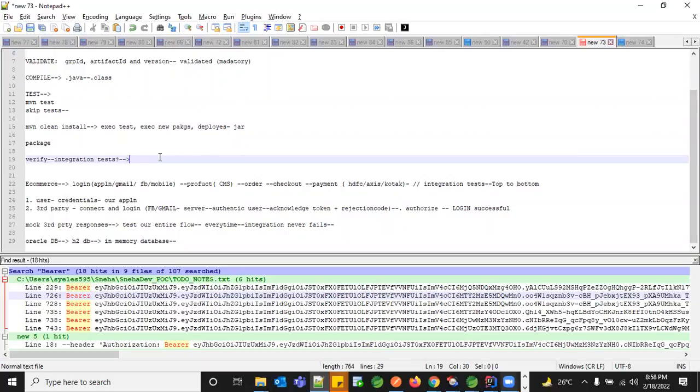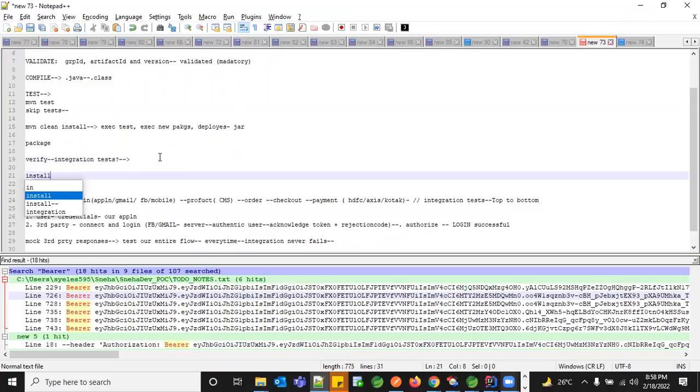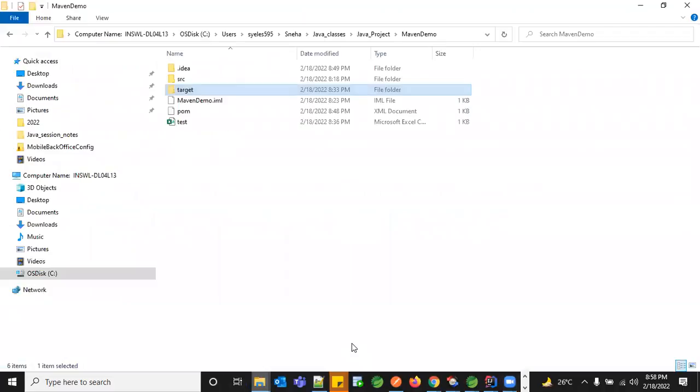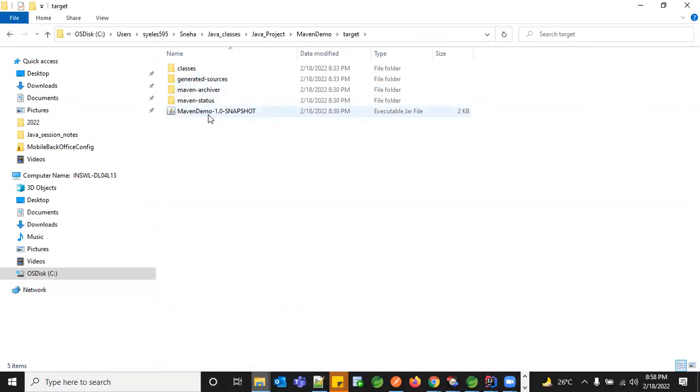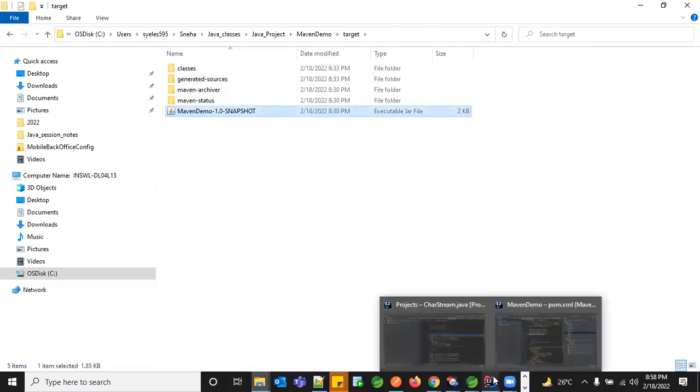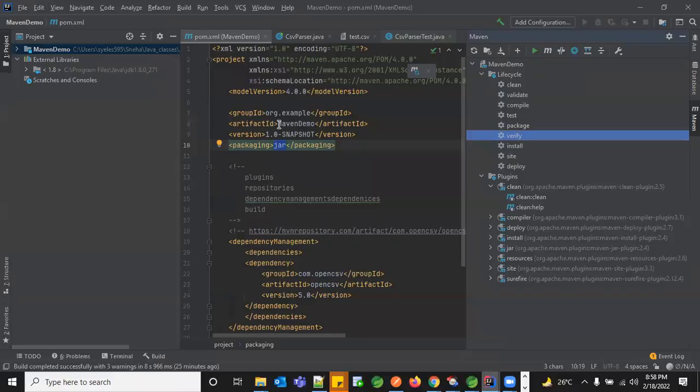And finally, the install, which is very important when you're learning the Maven commands. So this is install, which actually packages everything in your local path. Wherever your project is, under your target folder, there will be something with the name which you have created. So here you have Maven demo as your artifact, and you have a snapshot. So right now this is a version which is not a production version. So you don't have it as a release.